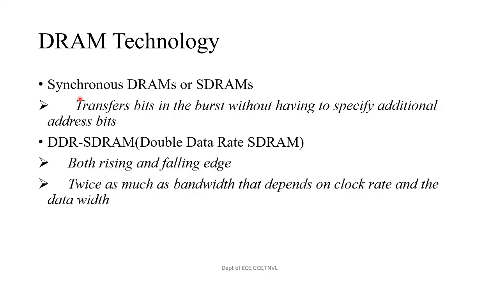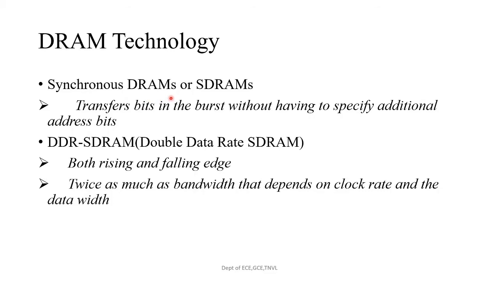So here we are having the synchronous DRAMs or SDRAMs. What is the use of this? What is the meaning of synchronous? In the sense, we need to synchronize something with the help of the clock. Always we are using the clock to synchronize. So if we want to improve the performance of the interface to the processor, the DRAMs added a clock, and they are called synchronous DRAMs or SDRAMs.